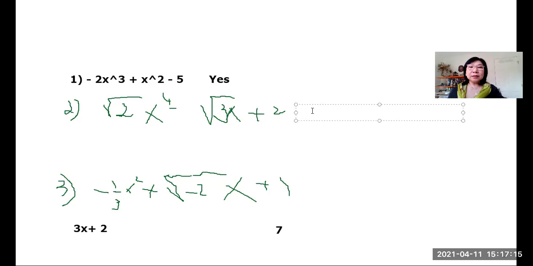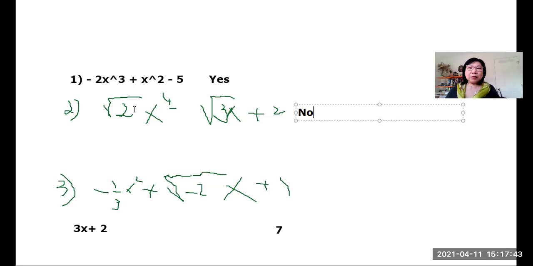Now, my answer for this question, I will say no. This is not a polynomial function. But how do we know this is not a polynomial function? How do we know, if we're not using the graphing calculator, if we're not drawing it or sketching it or whatever? Okay, so my hint to you is